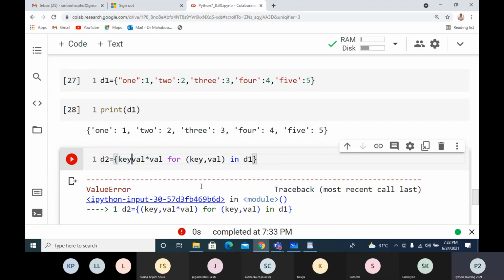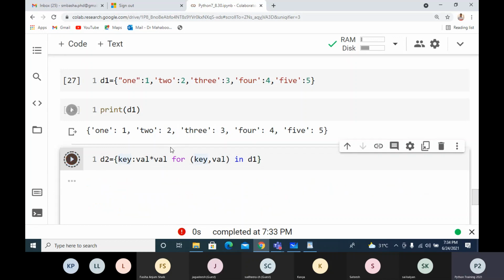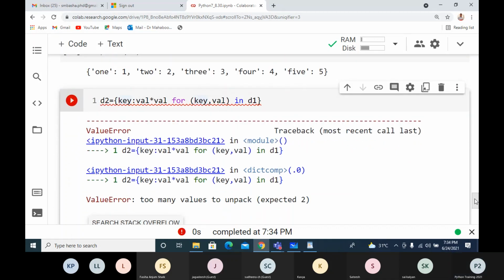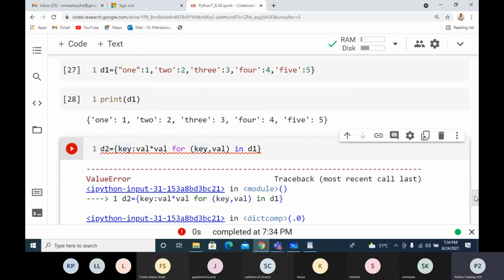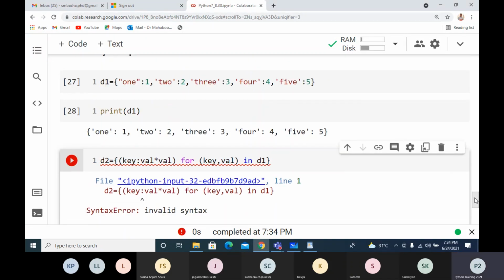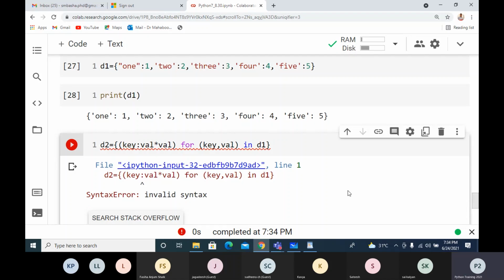Sorry, here we have to give a colon. That is the mistake. Now I think it will work.